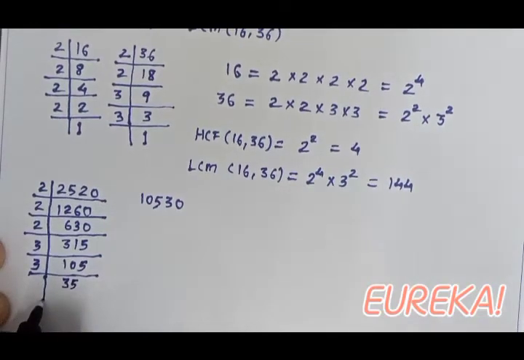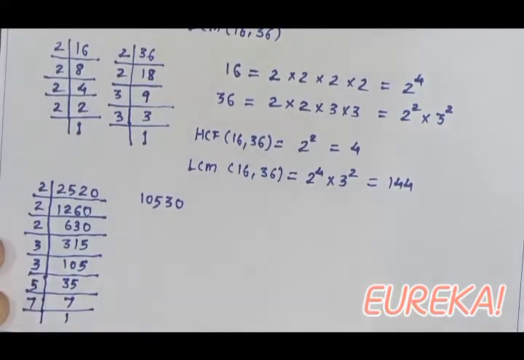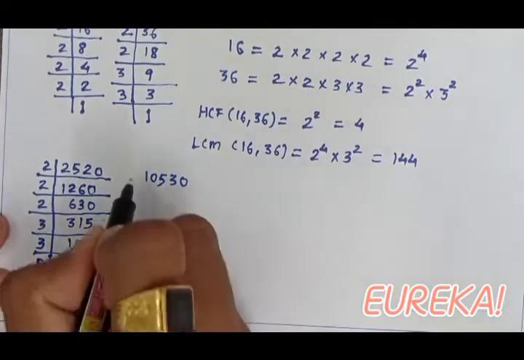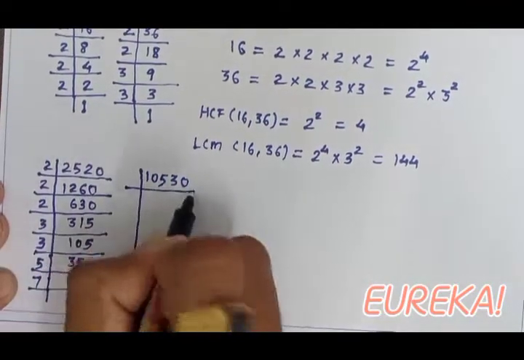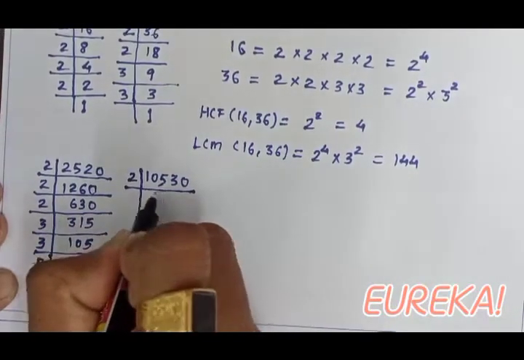35. 35 is not divisible by 3, but we know it comes in the table of 5, so 5 sevens are 35, and 7 is a prime number, so dividing by 7. Clear? So in the same way we'll find out for 10530. It is an even number, so dividing by 2, we get